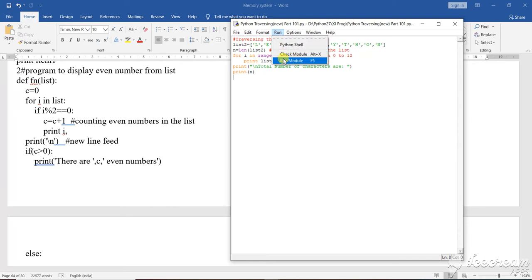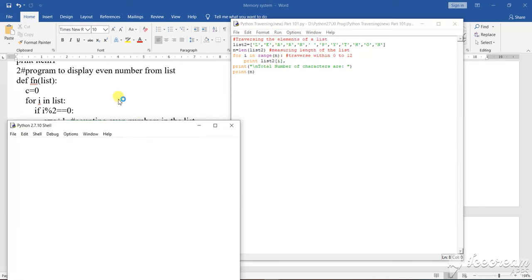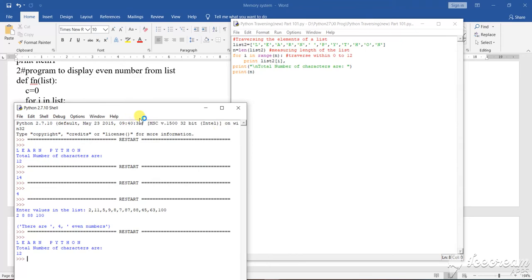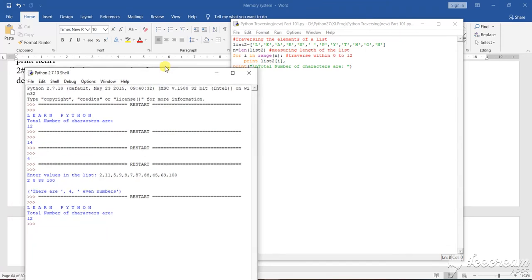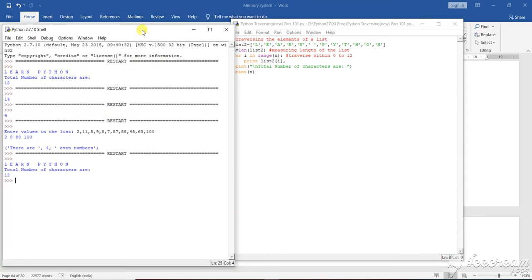Okay, so let us run it as we have seen also. So what will be the output as it proceeds? Okay, this is the output that it is showing to you. As I have shown you earlier also, see, learn Python, the total number of characters is what? 12.